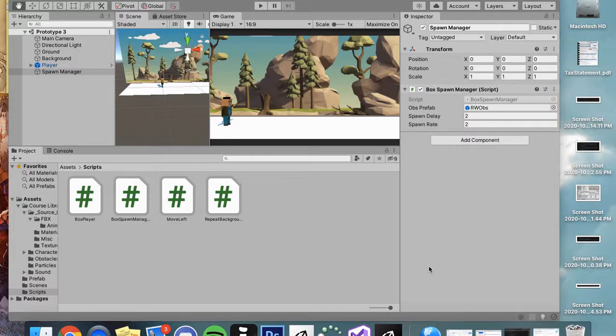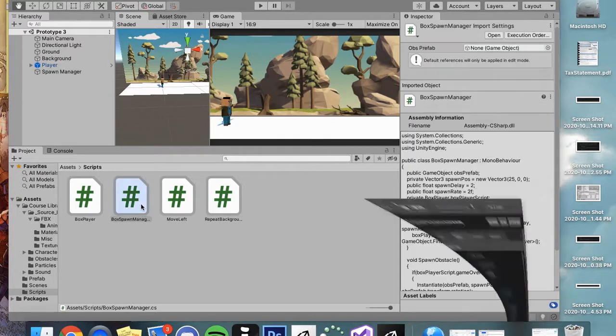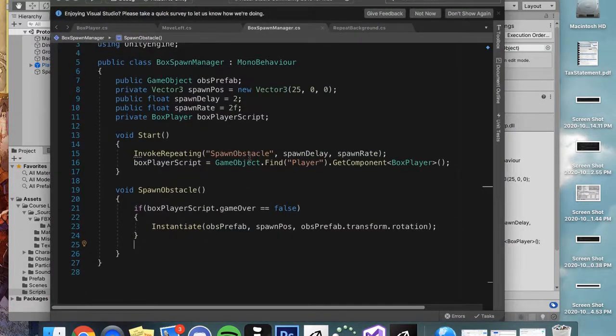Alright, welcome back to the third video in our Create with Code box jump game. We've done a lot in this game already, starting with things like our spawn manager, having it do invoke repeating. We've done instantiation, and right now we've made it stop whenever the player, we pull from the player script a